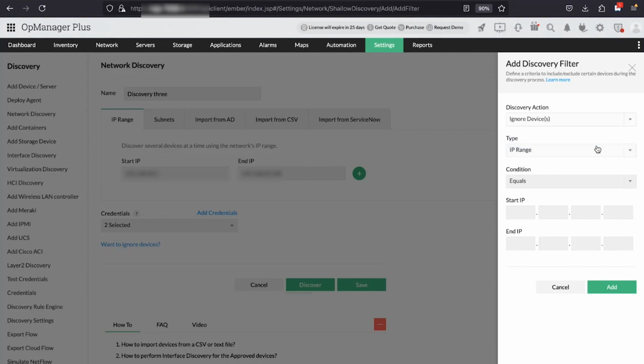So I've mentioned that I want to ignore devices from a certain IP range. I already specified an IP range here. And within this IP range, I want to ignore a certain range of devices. So the type is chosen as IP range. There are other types like IP address, category, device type, device name. I'm choosing IP range itself. And the condition is set as equals, which is the only condition available for IP range. And then you can specify the start IP and end IP of the IP range that you want to ignore. So I'm choosing